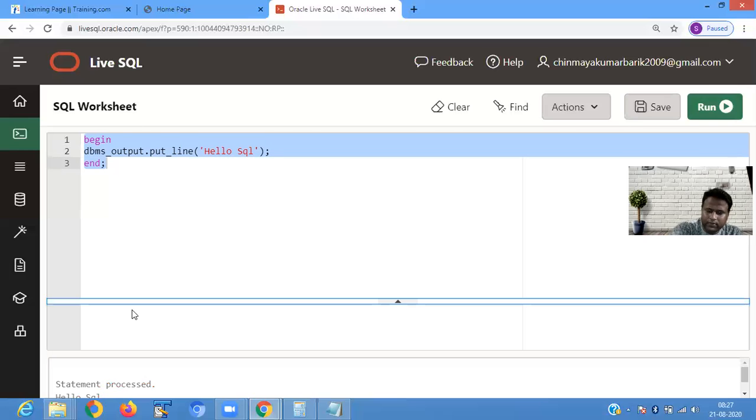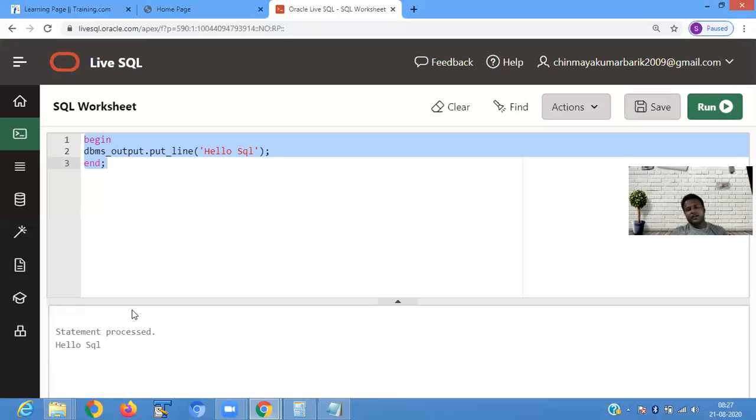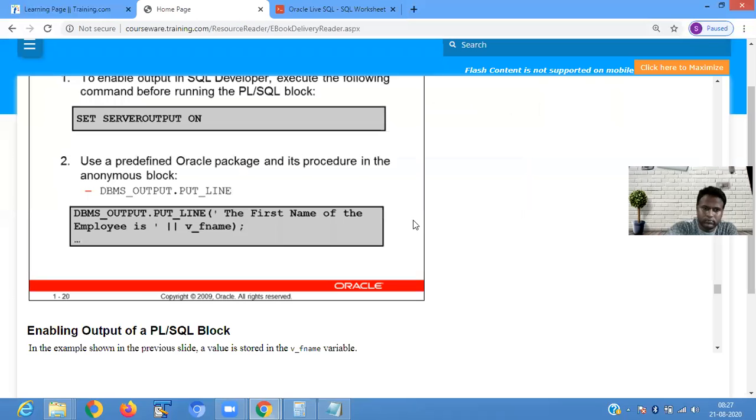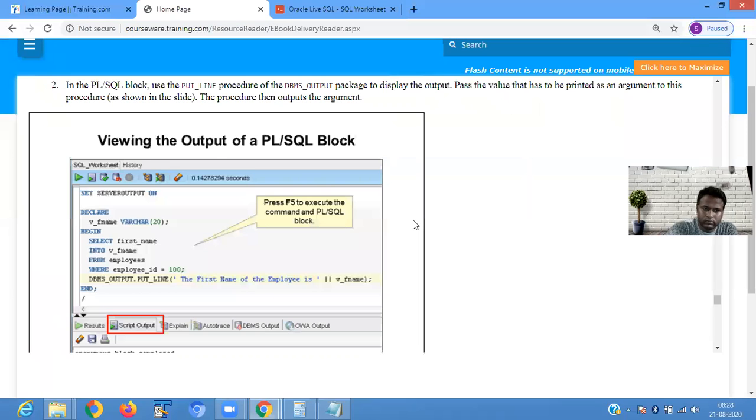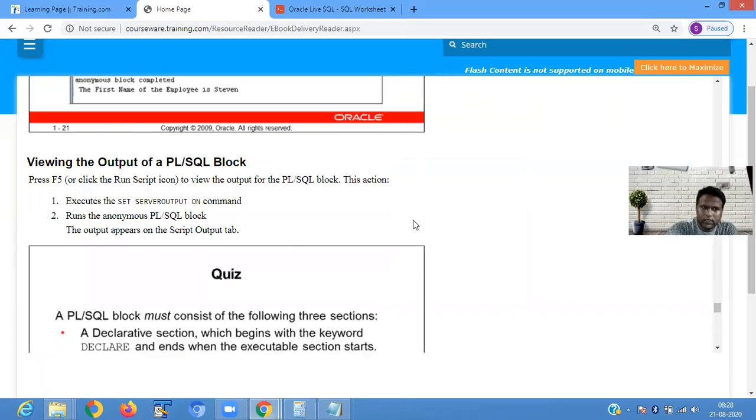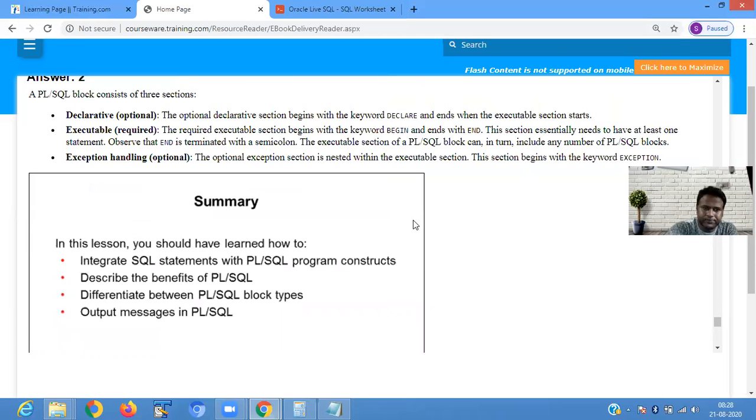For displaying the data, we use DBMS_OUTPUT.PUT_LINE. It is the first chapter.